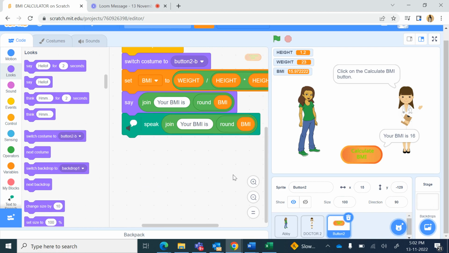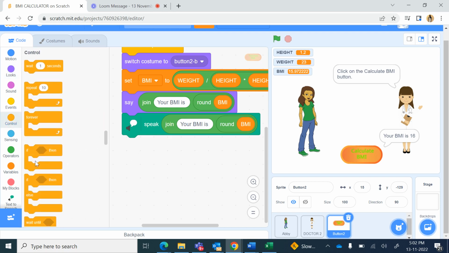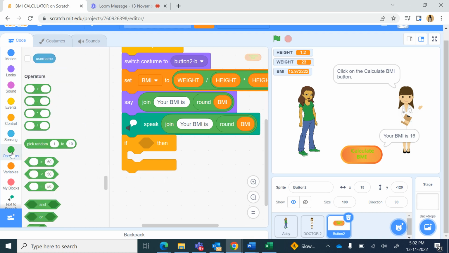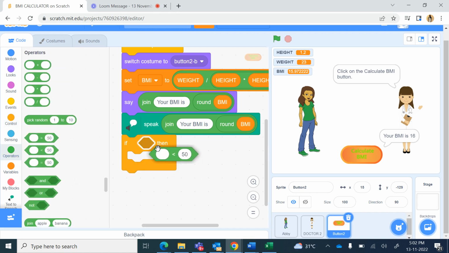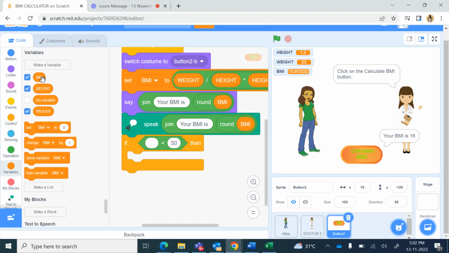If we want to calculate if the BMI is less than 14, he's a healthy person or underweight person, so we will have to use the if command. From control, we will bring the if command, and from operators, the less than operator, and from variables, we will bring BMI. If BMI is less than 14, then